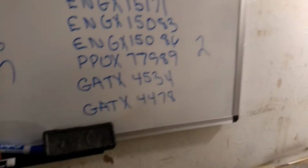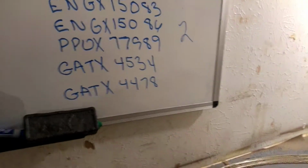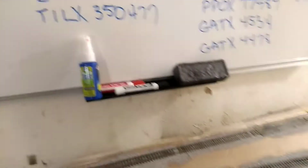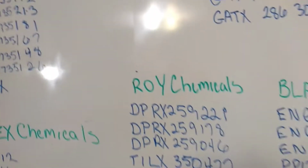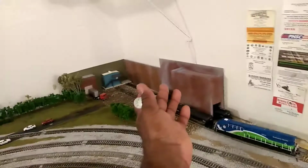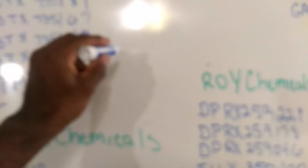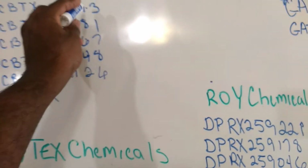All right, let's get my marker. All right, there, knock that down. We're going to use JAKTEX for a minute. JAKTEX Chemical. JAKTEX has on hand an order of 9 rail cars. 1, 2, 3, 4, 5, 6, 7, 8, 9. Okay, it has 9 cars on